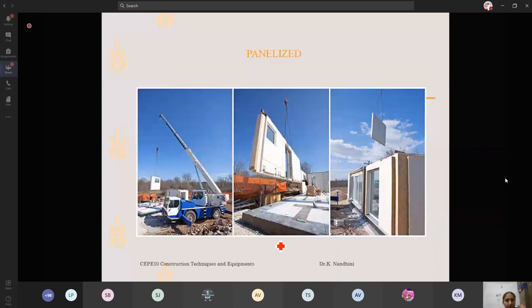These are the panels. See, the panel is being lifted and they are carrying it to erect it here. They are erecting it here. Can you see it is erected? This wall panel is being placed upon this footing, and you can see some provisions over here. They are going to fix this over the footing. And they are going for the erection of the next segment.